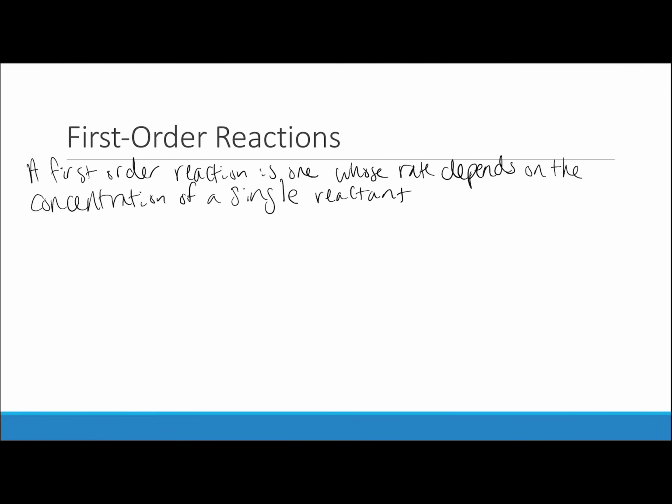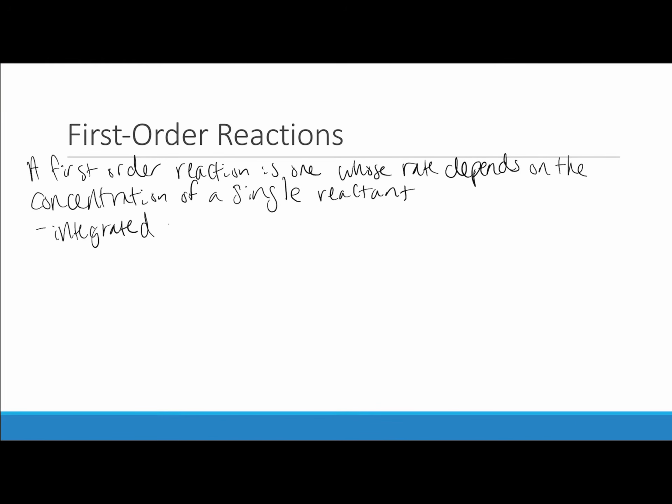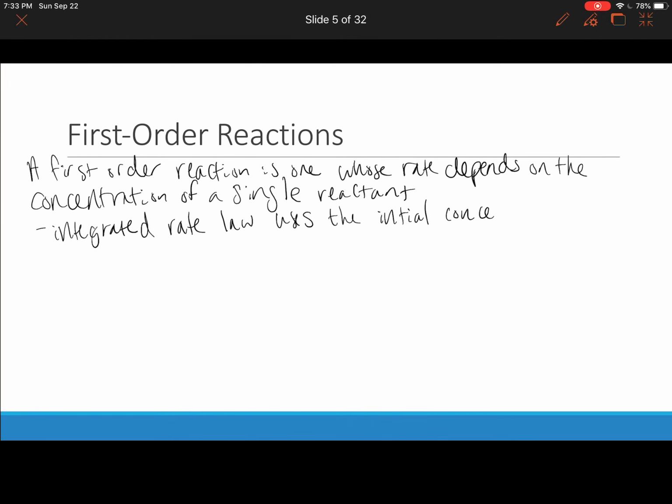Okay, so in order to calculate with first order integrated rate laws, once we have our integrated rate law, our rate constant, and our initial concentration, we can determine our concentration of A at a point T. So the integrated rate law uses the initial concentration, so our A naught, rate constant, K, and time, T,